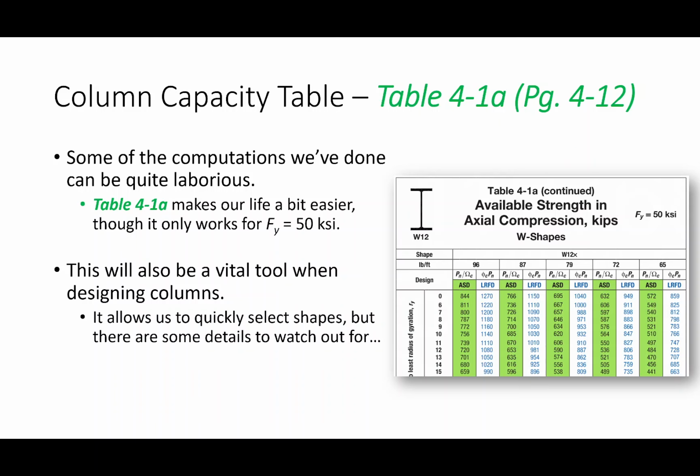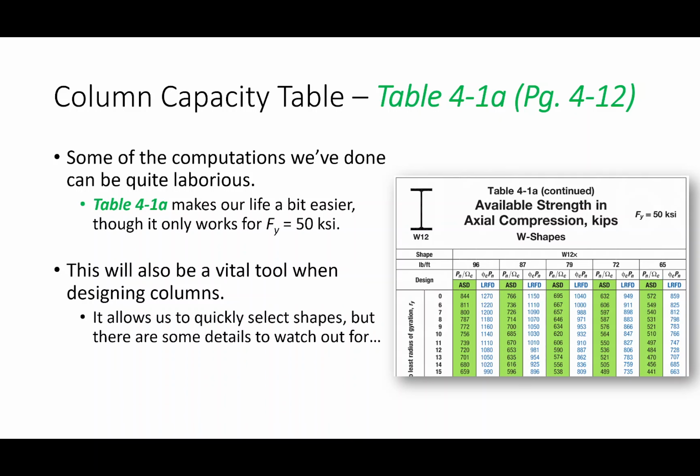I think we would all agree that some of the computations that we've done so far, I mean, they're kind of involved. I mean, you know, like when we were doing tension members, this isn't 0.9 FyAg. This was a lot more to it, you know. There was a lot more identification. Even tension members, like this arguably could be thought of as a little bit more involved than just like a net section fracture computation, okay? Table 4.1a makes our life a lot easier for